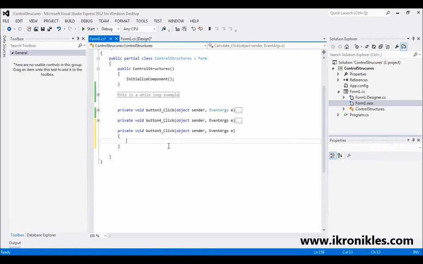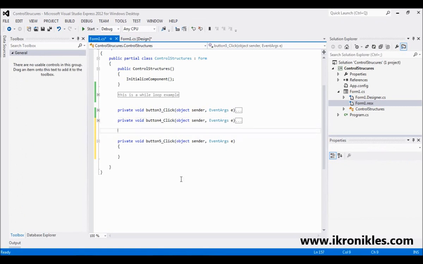Double click to enter the control repetition, and here you can add your region. So I'm going to say region and name it counter control repetition, and our end region will be here. Here we go. Now the next thing we're going to do is create an integer for counter